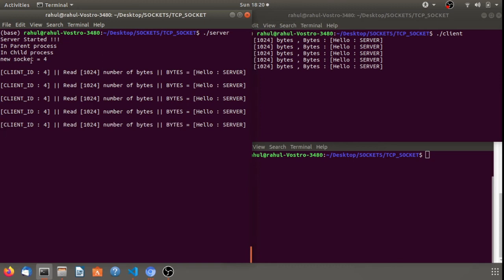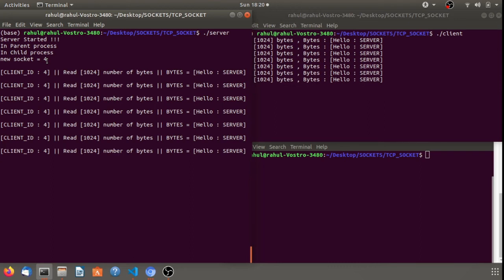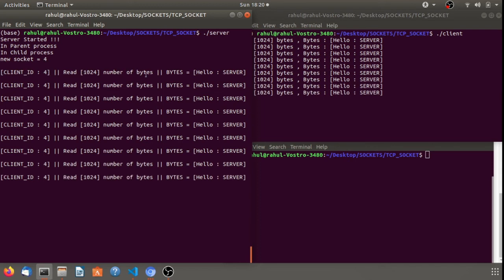Now we have the new socket FD 4, and this FD 4 will be communicating with the server. So we have the client ID 4, read these many bytes, and we get "hello server" from this client.